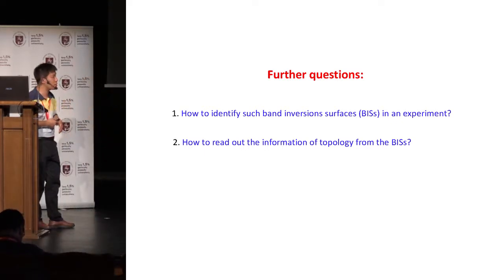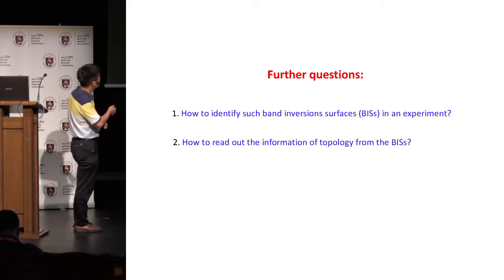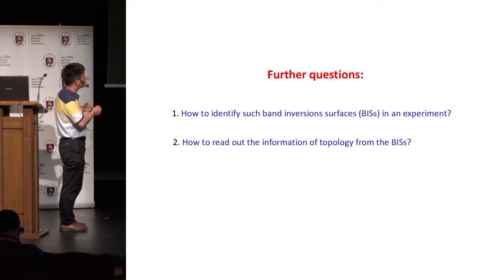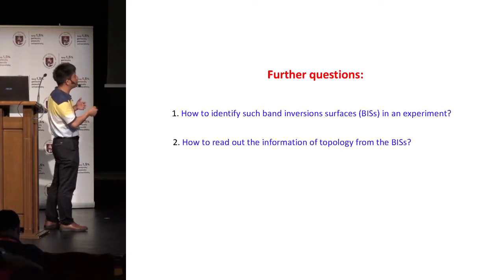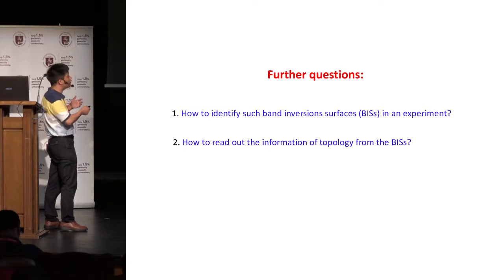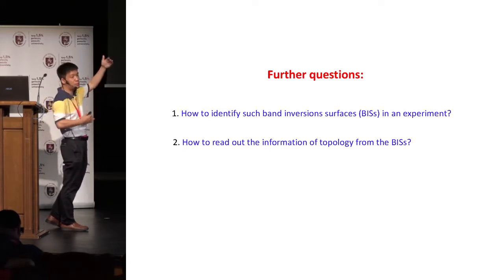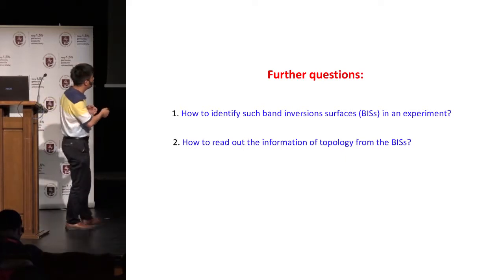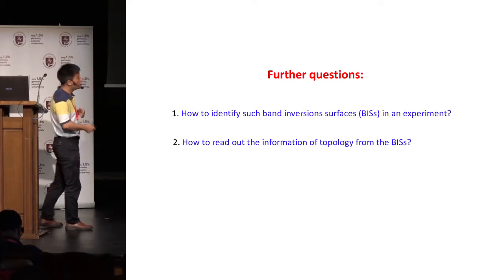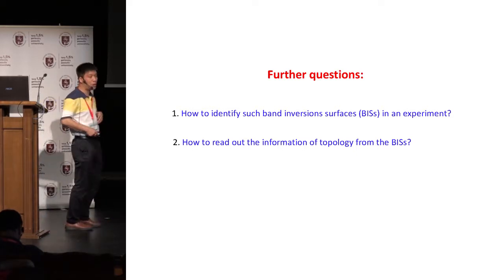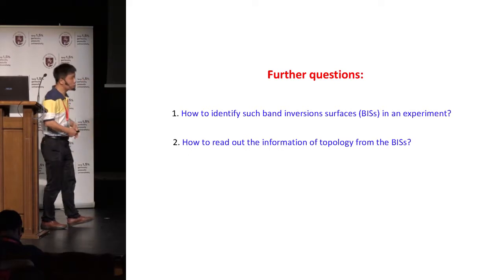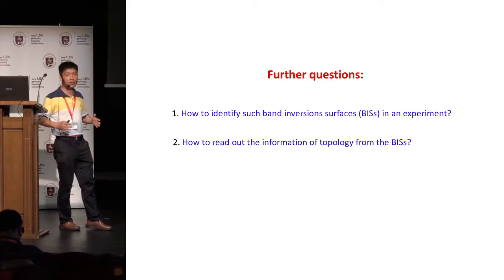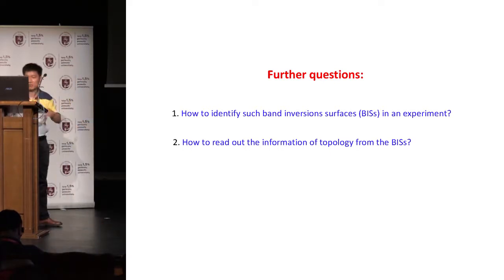Now, this can be done by the quench dynamics. The idea is that we should start from a trivial phase. Namely, for this H0 vector, you consider a large Zeeman splitting. If you have a large Zeeman splitting, then the eigenstates will be fully spin polarized. So it must be trivial, right? Then you suddenly quench the magnetization parameter and go to the topological region. Then you shall obtain this quench dynamics. Now you can see that the band inversion surface and the topology on the band inversion surface can be automatically read out based on the quench dynamics. So this is the key thing.